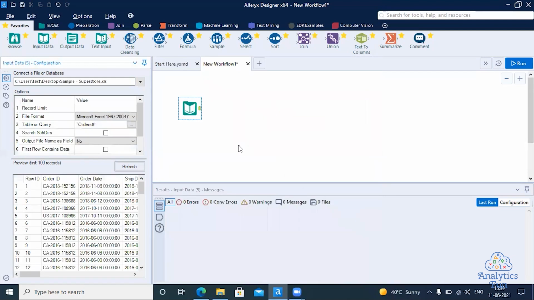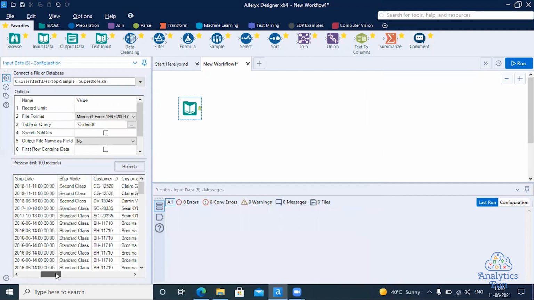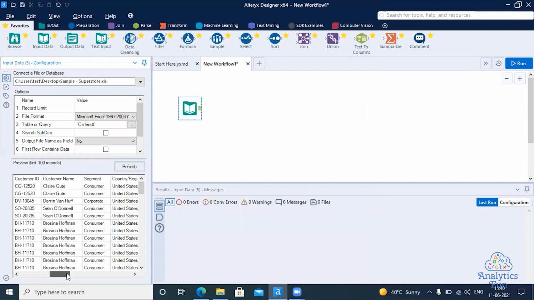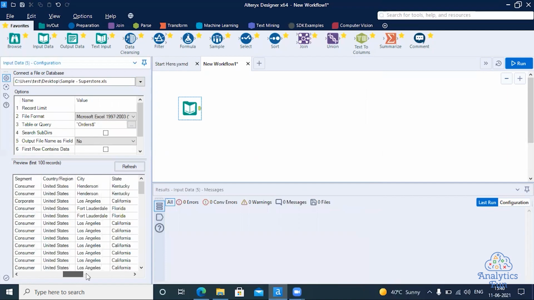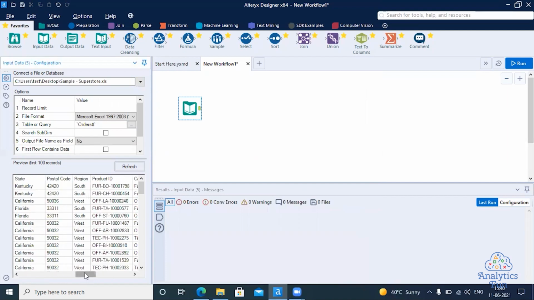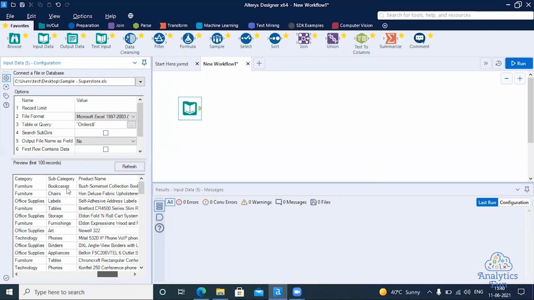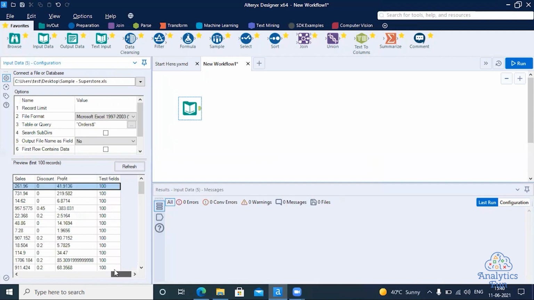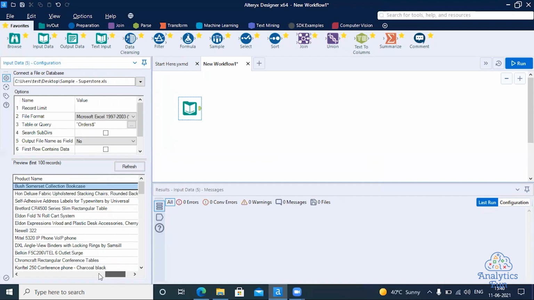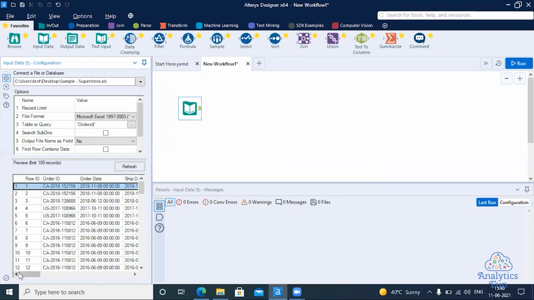Once you select OK, Alteryx will generate a preview of the first 100 records. So we can see order ID, date, shipping mode, customer, which customer bought this product, the product ID, and the product category and subcategory. Then we have the product name, which particular product was bought, and the sales, that is, how much was that particular product sold for and what was the sales revenue for our organization. So this is the data.